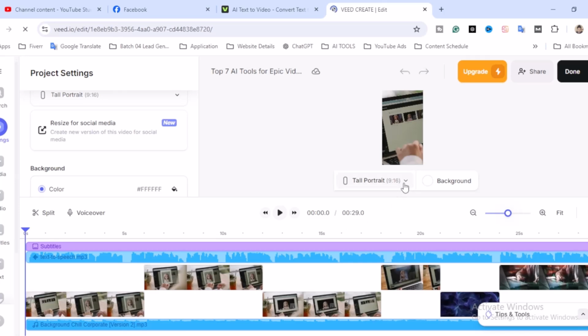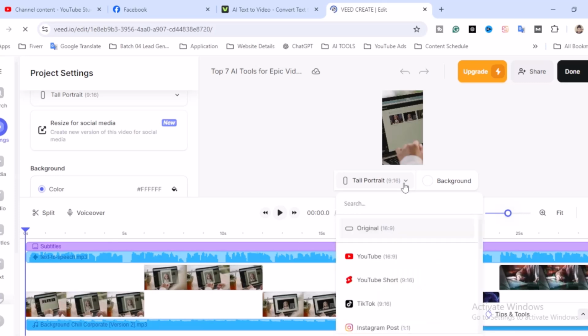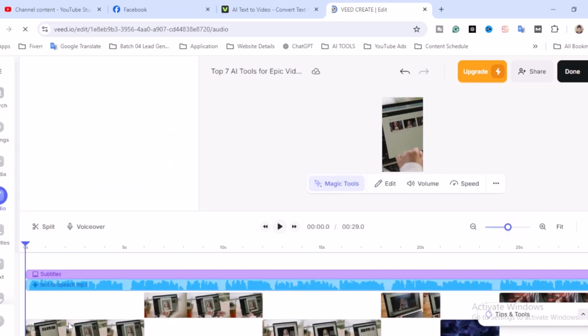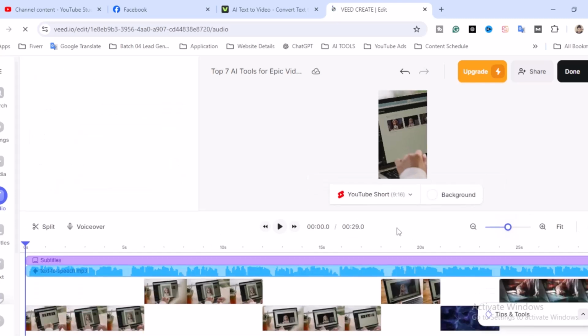Let's click here, and you will find other options like TikTok or YouTube Shorts. Let's click on YouTube Shorts. Perfect. But before downloading, we don't need the music, because you will get a copyright strike. So it's subtitles, also text to speech, and the images, that means the background images and videos over there. So you don't worry about editing. If you don't know how to edit, don't worry, just use these tools. Okay, let's download this.